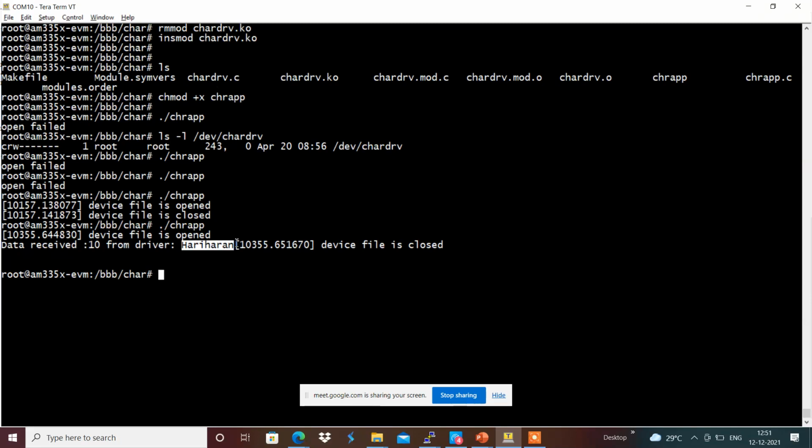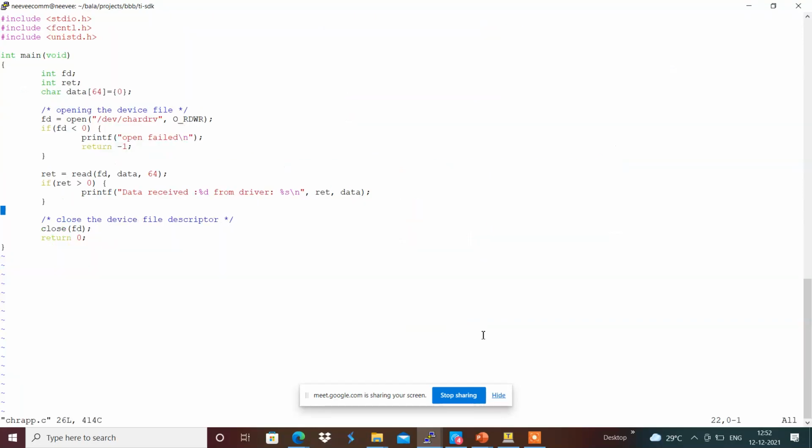Whatever data we have received, if the data received is proper, then we will be writing back the data to the driver with the help of return equals write of something like fd comma the data we have received, and the value that has to be sent is the return, this many number of bytes it has to go, and if return greater than 0, then we can have something like a printf data is written back to the driver accordingly over here.